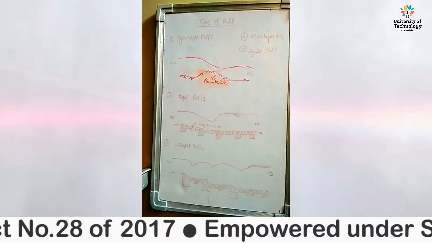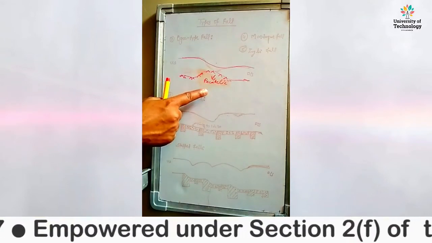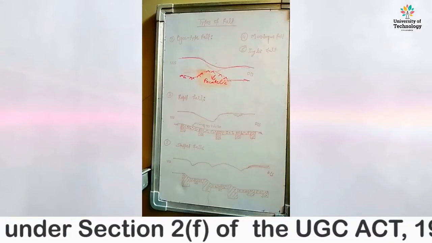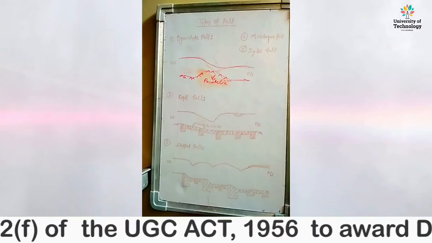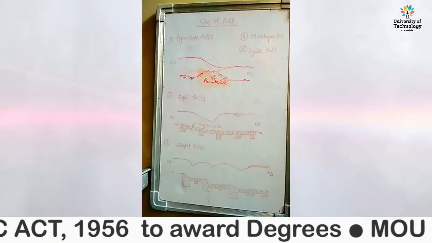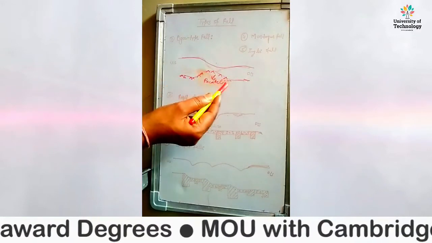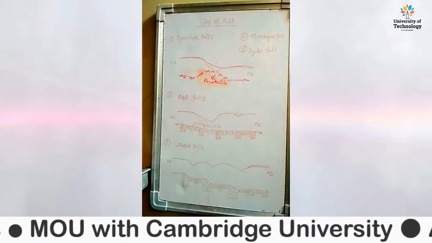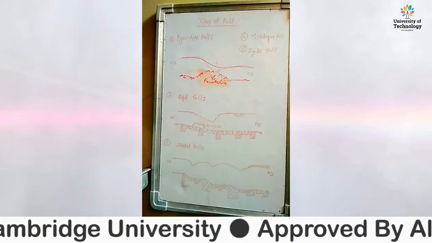The Montague fall provides a solution to the problem of residual energy after the formation of the hydraulic jump. But this fall did not become very popular because of the problem of constructing this type of parabolic glacis, so this type of fall was not very popular.